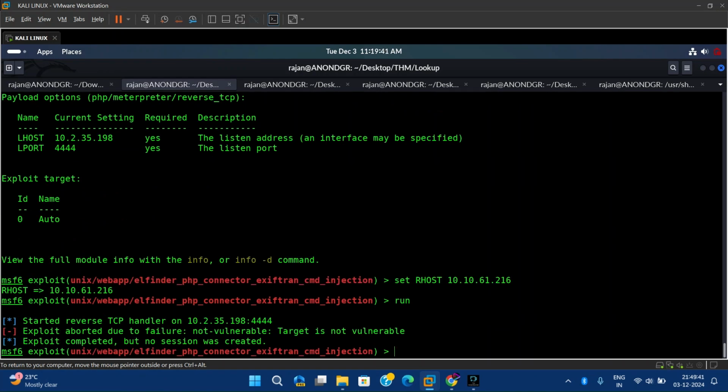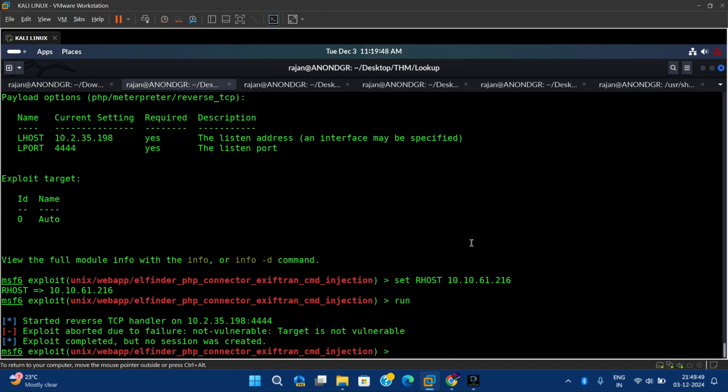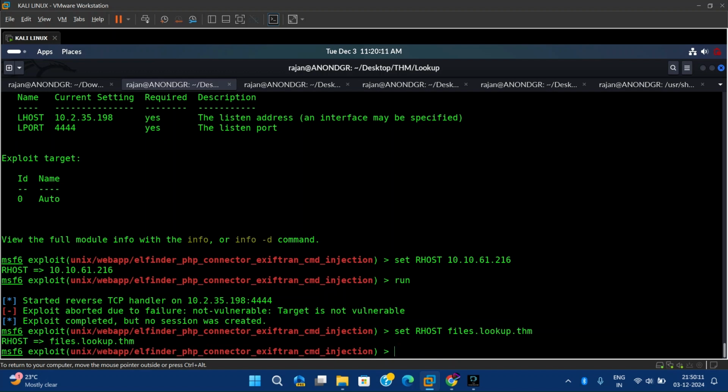So as you can see, the files.lookup.thm subdomain, I have to specify that subdomain particularly, as on the same IP address there are two domain names, so I have to specify the specific subdomain over here, not the IP address. So set it to files.lookup.thm, then hit enter, and just run this tool again,